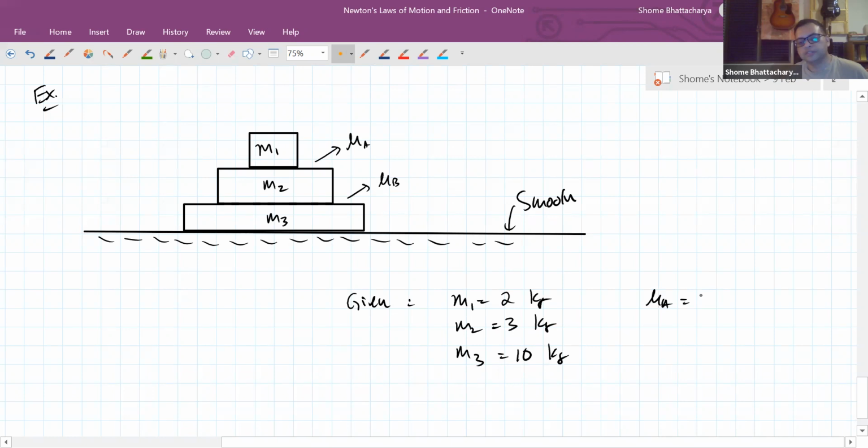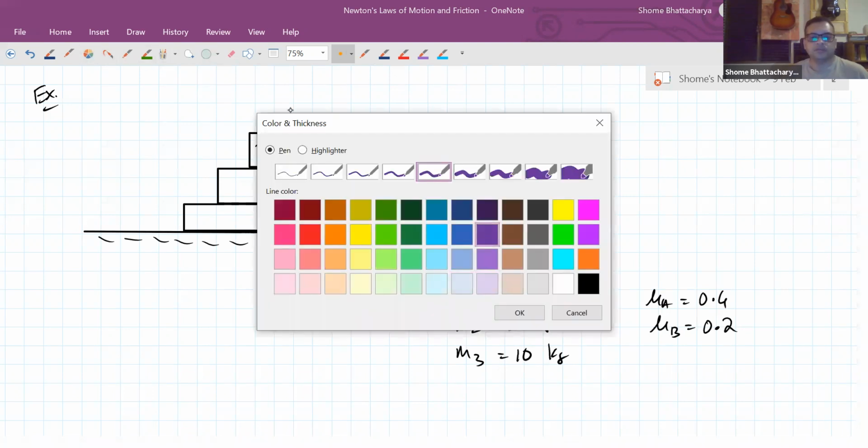This coefficient of friction is 0.4, and this coefficient of friction is 0.2. Okay. Now let's say what we're doing here is we are applying an external force horizontally